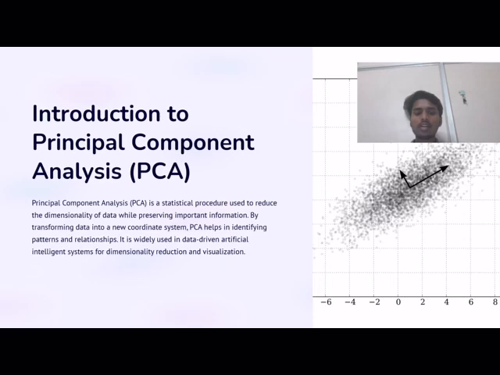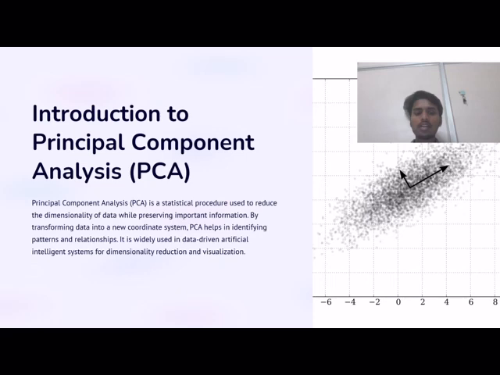So now, for understanding the mathematical concepts behind the principal component analysis (PCA), it is a mathematical technique that is used to reduce the dimensions of the data set while preserving its essential features mainly. And this transformation allows for visualization and analysis of complex data sets, making it a powerful tool in data-driven